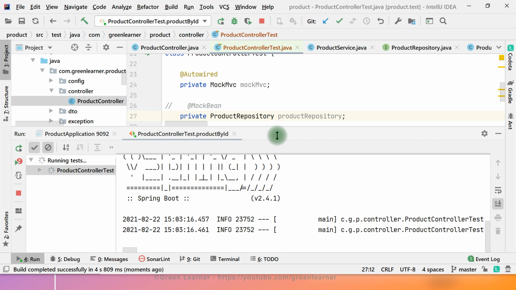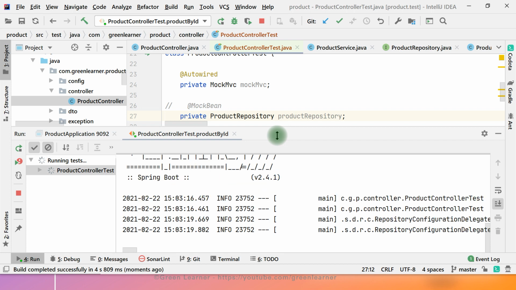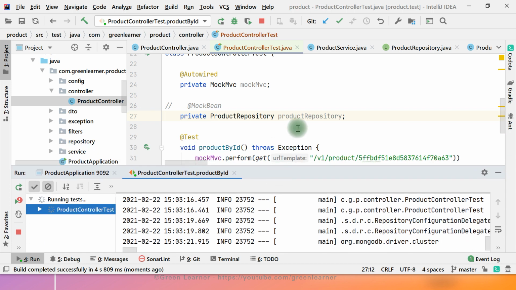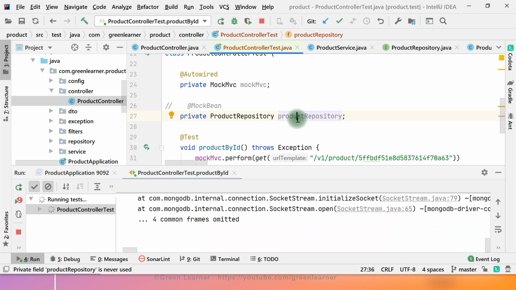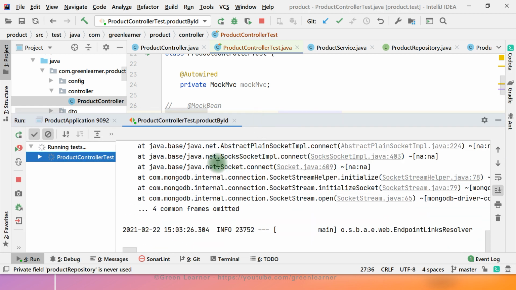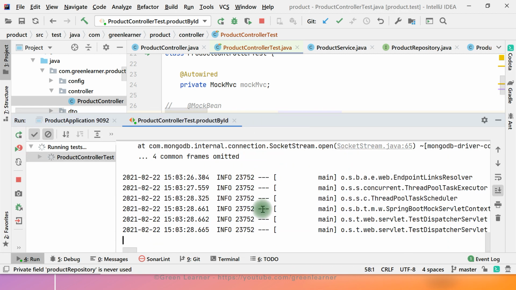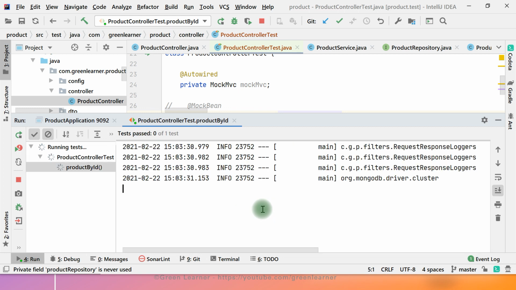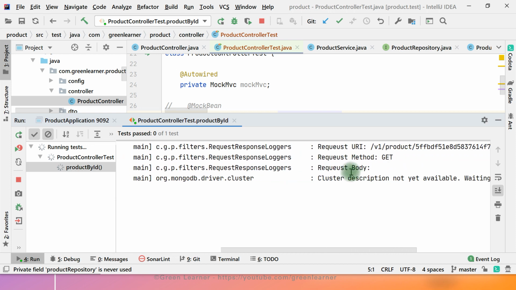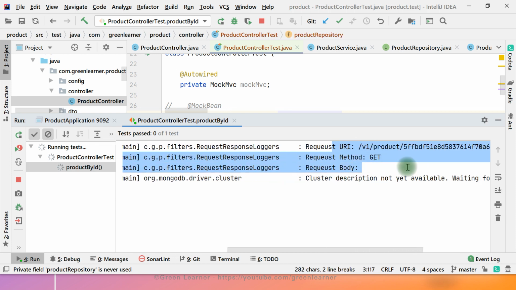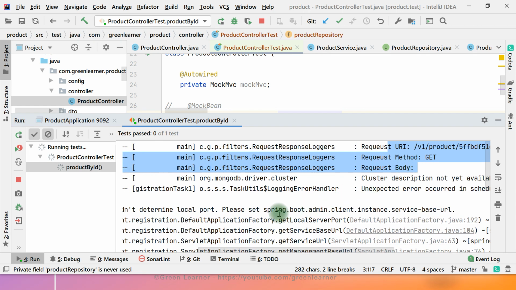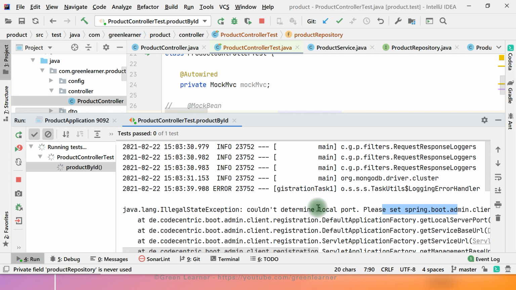We have not changed anything in the code. So that is something that we do not want. That is why we used mocking. Okay, so yeah, you see it is trying to connect with the Mongo database, but it is not. So it is going to try a couple of times, and then it is going to fail. Request response logger, it is getting the request, all the information it is logging here, but response is not got here. So this error is coming.